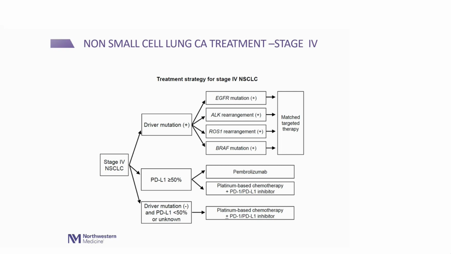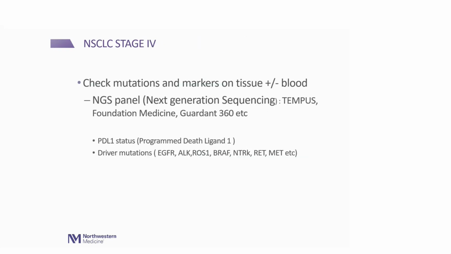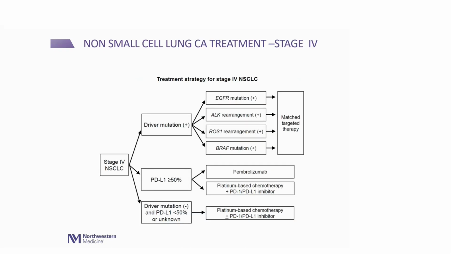This is a nice little chart which summarizes just the stage 4 treatment pathway. This was a segue to the other one. When you check these markers, the way it helps us decide what treatment is right for a patient with stage 4 is you diagnose somebody with stage 4 non-small cell lung cancer. We check mutations, we check that PD-L1 status. If the mutations are present, then depending on which genetic marker or mutation the person has, we can give that appropriate treatment. Remember that slide I showed you with all the pills? I'll show it again. So that's how we match up which pill to which marker.